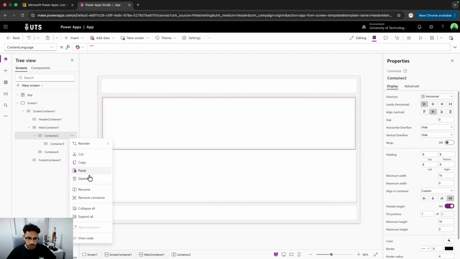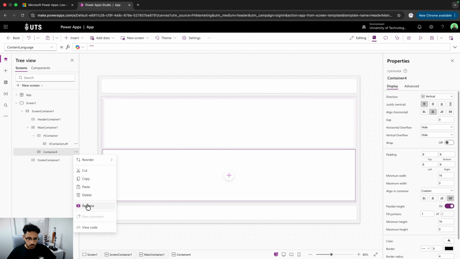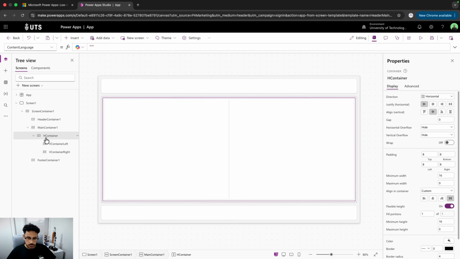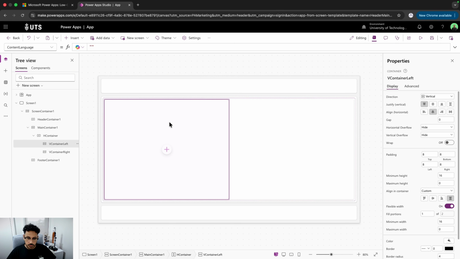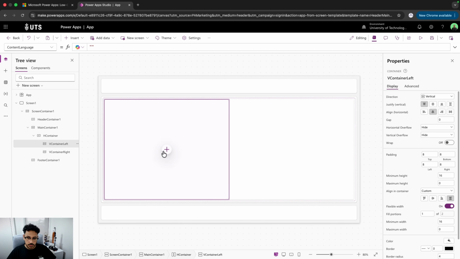And we can actually rename this just so that we're not getting confused. So I'll call this H container for horizontal. And this I'll call V container left, because I want this one to be on the left. And this one we'll make V container right. Now let's go ahead and drag this and place it inside. So now you can see that this is the horizontal container. You can see this is the left vertical container and the right one,